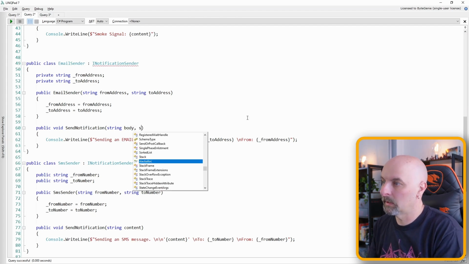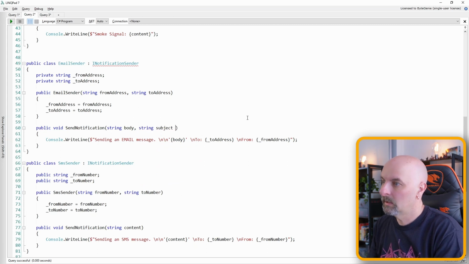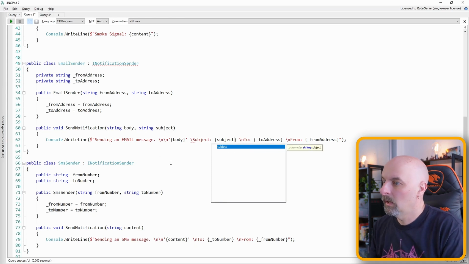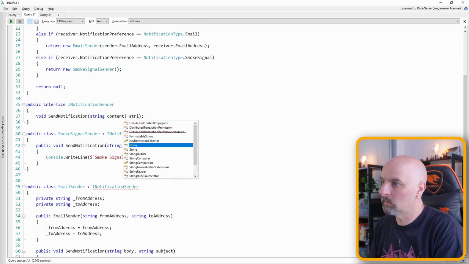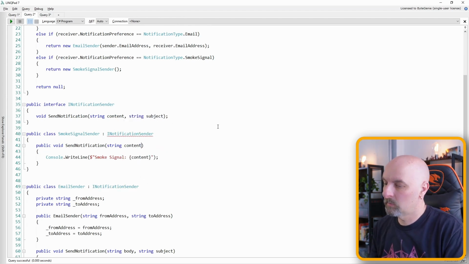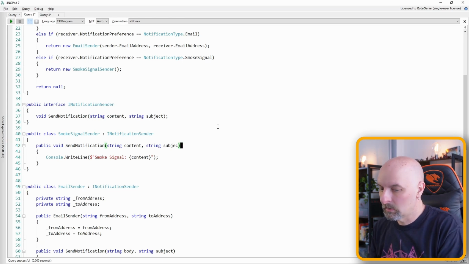notification, and we could make it an optional parameter. So we could specify our subject in here. So here we could say subject, and this would be subject here, and we've broken our contract, so then we would have to adjust our contract. And what we could do is we'd be forced to change all our others, and then have the other ones have a blank option. So you can do this, but